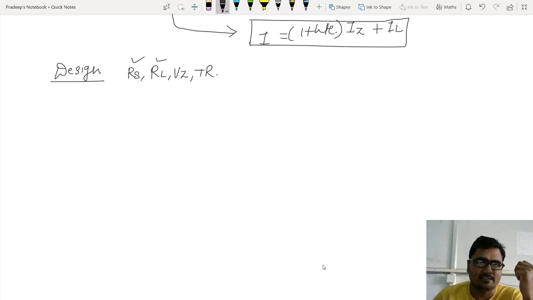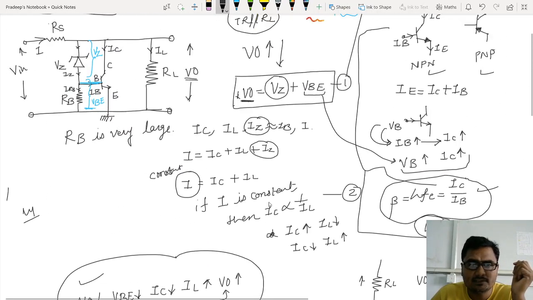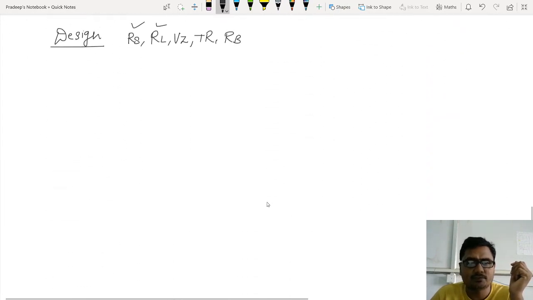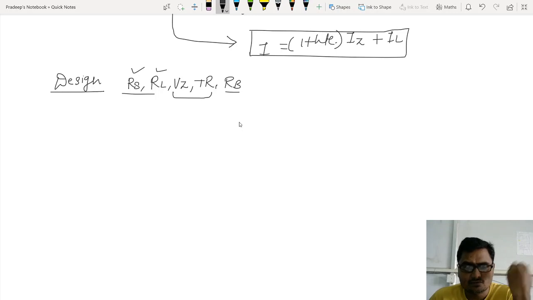Now this RS, RL, if you are connecting one resistor, that is RB, then you have to connect RB. Let me check what notation we have used, whether it is RB or R3. Yes, it is RB. So I am using RB here. So these 3 resistors and 2 components we have to calculate. So let us consider one example, one design statement instead. When the design statement is given, for example, design a transistor shunt regulator, let me write it here, one problem.